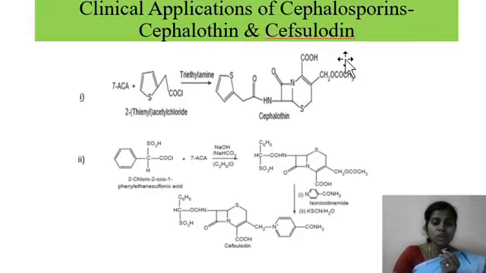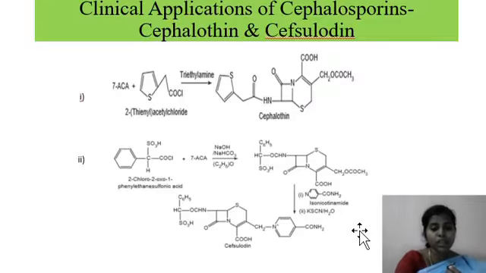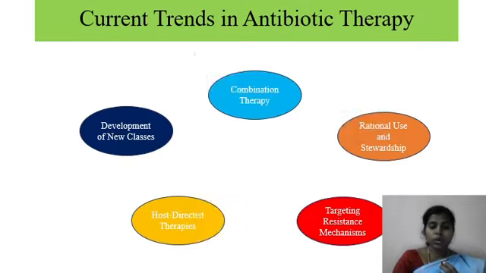And in case of cefazolin, we are taking 2-chloro, 3-oxo, 1-phenyl ethene sulfonic acid. It is treated with sodium hydroxide in the presence of sodium bicarbonate. We'll be getting a cyclic ring structure, and this is treated with an amide group, which is nothing but isonicotinamide. In the presence of potassium thiocyanate, we'll be getting the cefazolin product. So, moving on to the